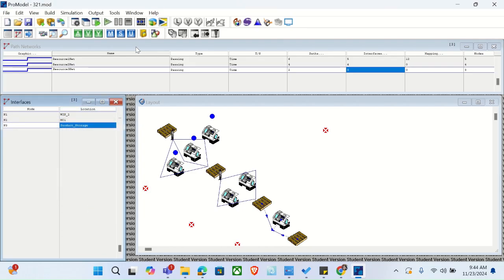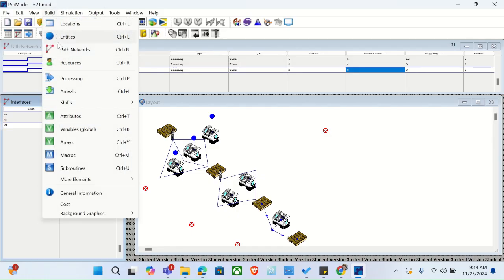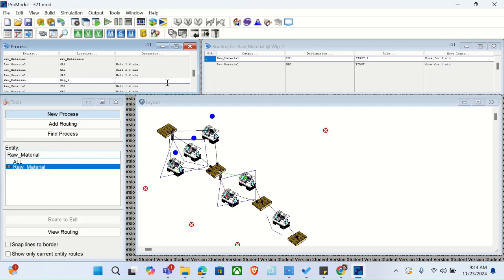And then here we go. So we'll go back to the processing, and then where was our last stop? Okay, so here